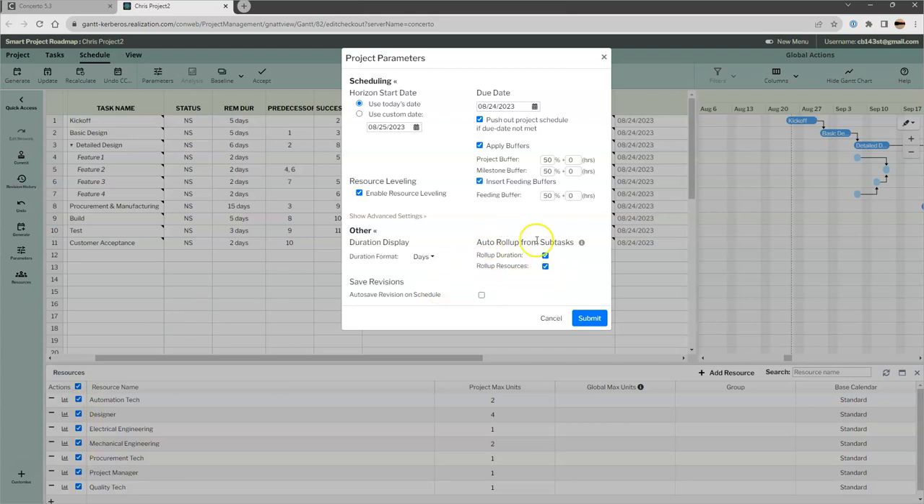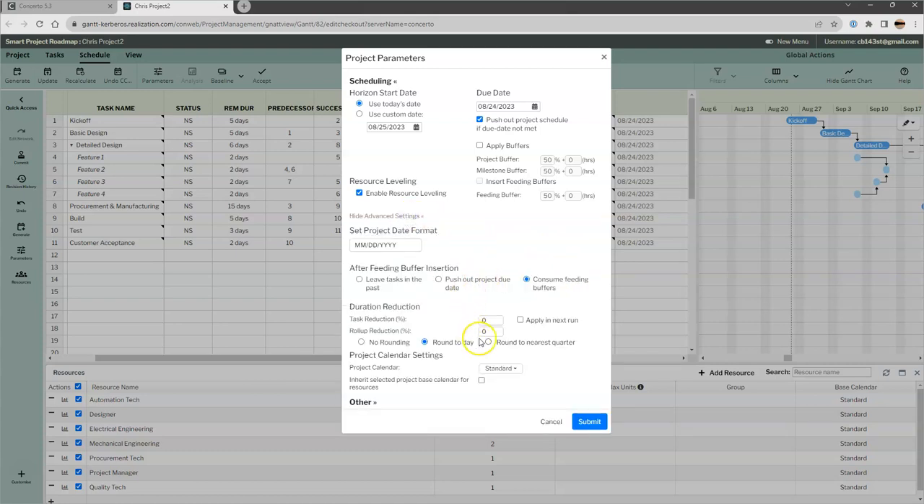So I'm going to select both roll up resources and roll up duration. That's fine. These are kind of the default settings when I create new tasks. Formats and days. If I look at advanced settings, I want these to be 0. I'm not taking any reduction, and it doesn't matter my rounding right now. I'm using a standard calendar as we discussed before, and that's good. I'm going to click submit here,